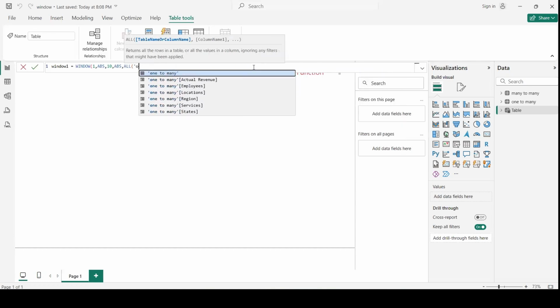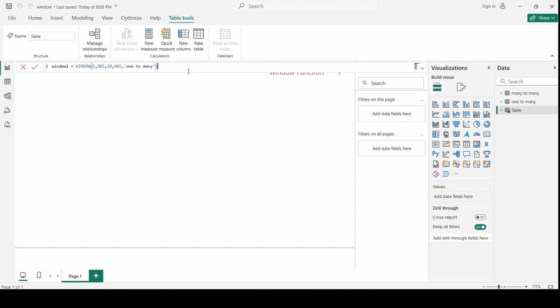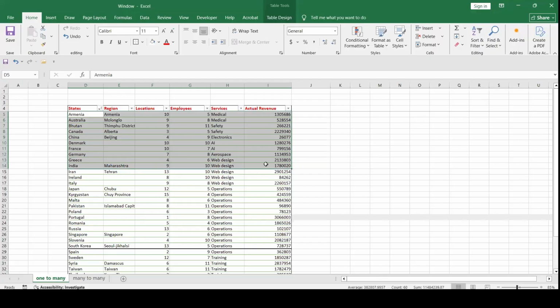But I want to take the whole table now, so I will say many, and I can just close my parentheses for the moment. If I hit enter, I should see the first 10 lines in our table view. So we have the first 10 lines from our table. If I click on the name of the table, I will also see my function. Basically, I started from Armenia and I'm here in India, exactly the same information that I have at the beginning of my table, the first 10 lines.